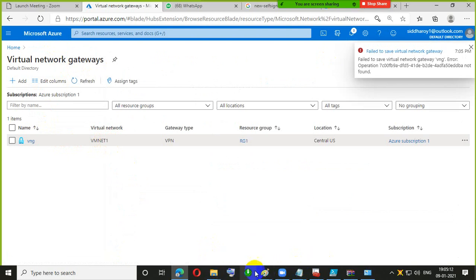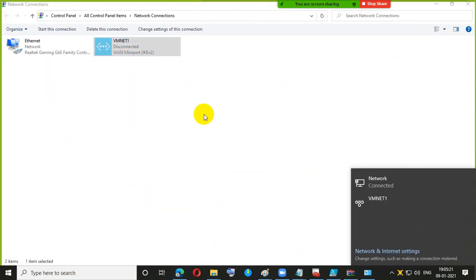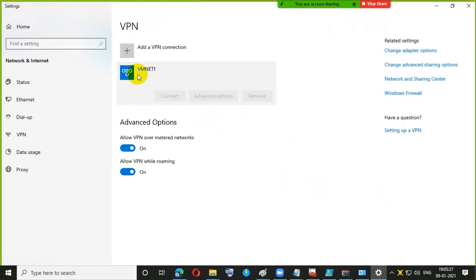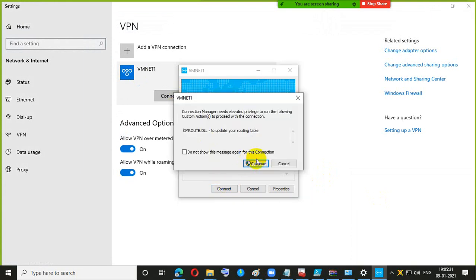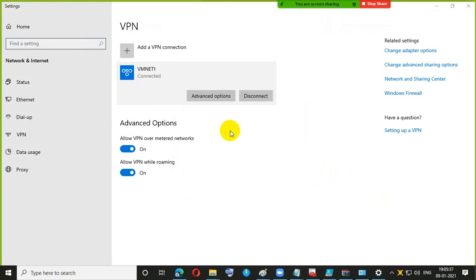Okay, yes. So now I'm going to connect, and there are connect and disconnect options. So click on connect. Yes, it is now connected.